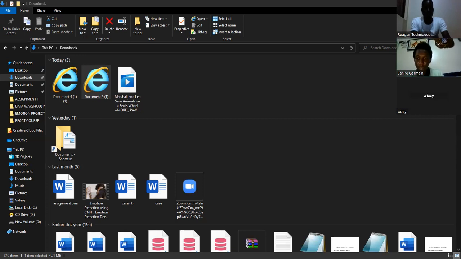So we also implemented the emotion-based ad removal system by incorporating these ad blocker extensions to our system. Yeah, so we also came up with different conclusions based on these experimental results.